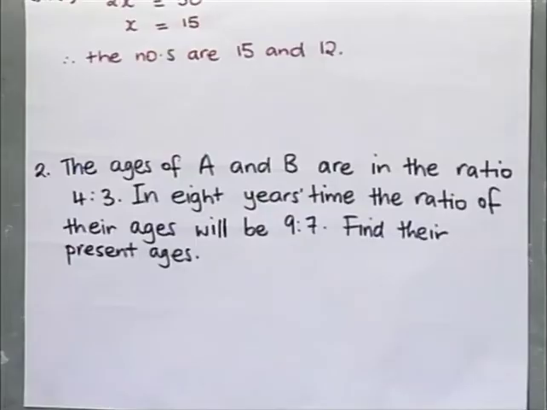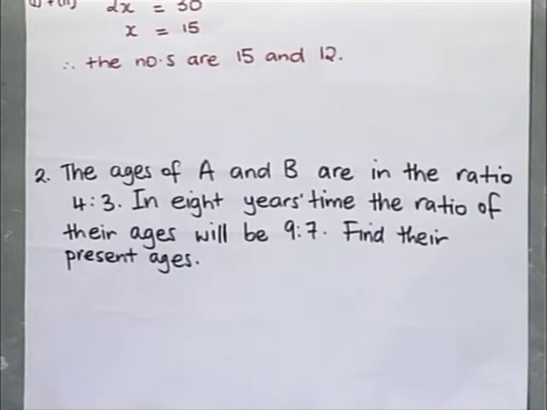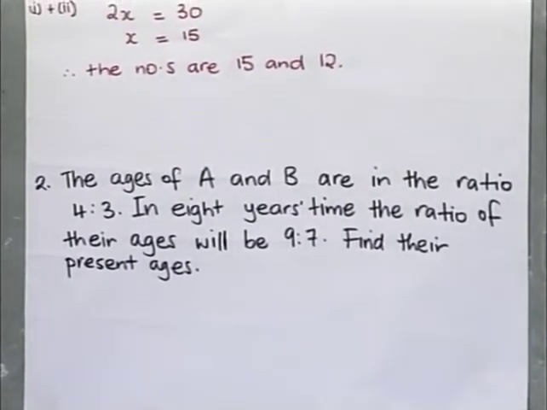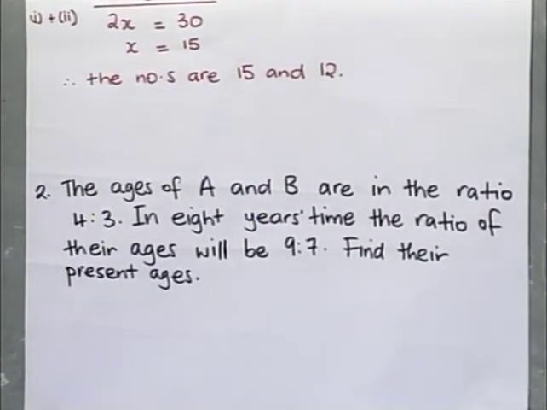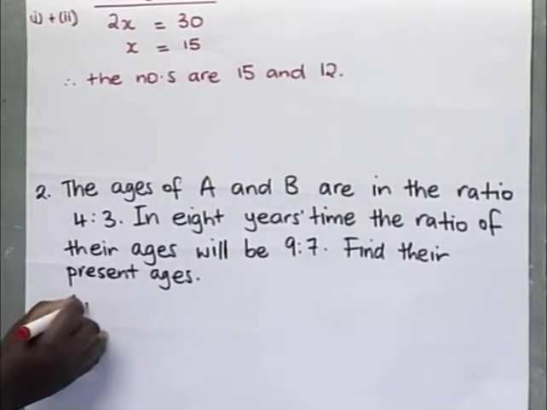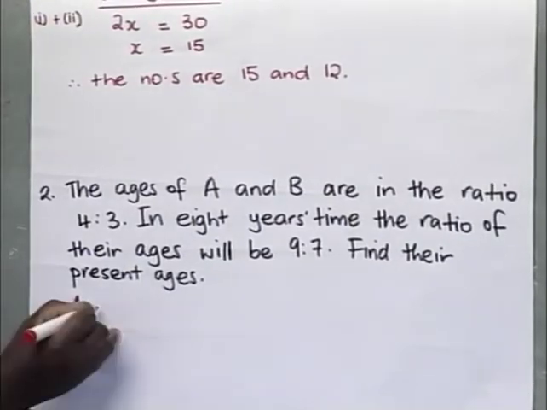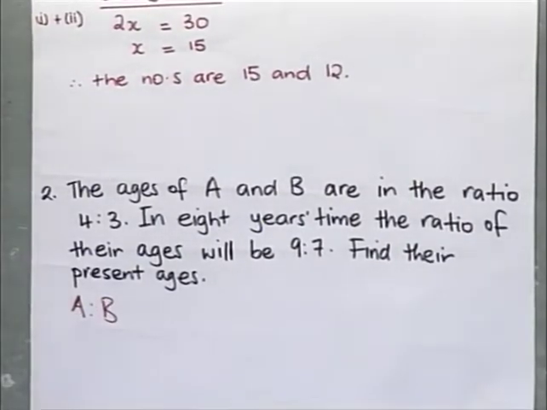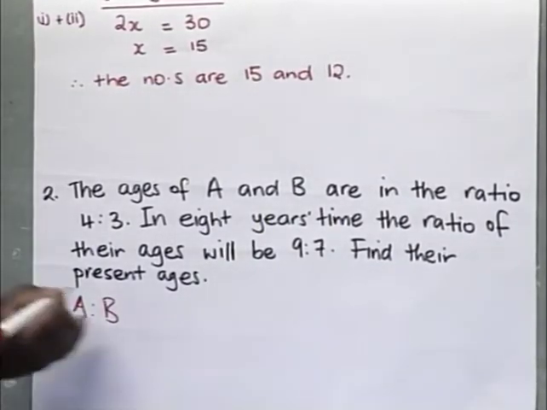Okay, number 2. There are 2 people, A and B. The ages are in the ratio 4:3. In 8 years' time, the ratio of their ages will be 9:7. We have to find their ages. Okay, let's say the age of A is A and the age of B is B. We are told that the ratio of their ages is 4:3. So A is to B is equal to